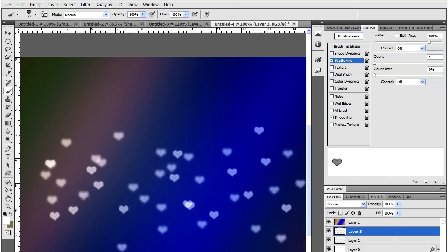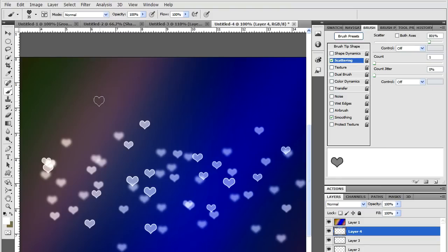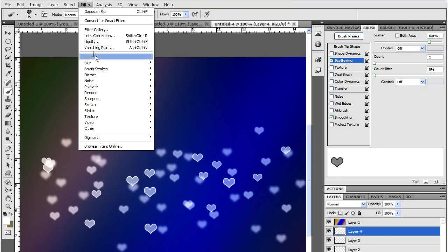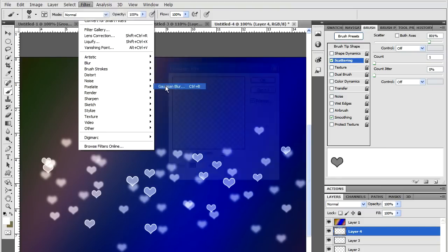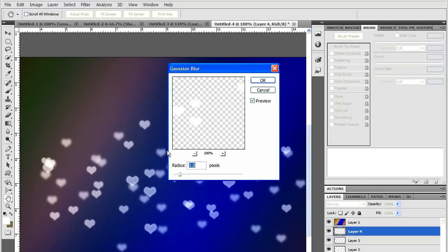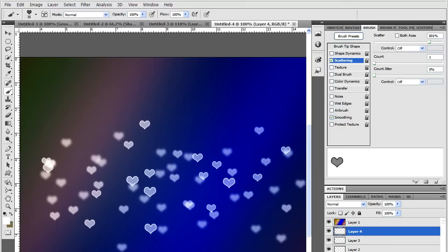I'm going to create a third layer, and again just scatter a few hearts there, maybe increase the brush size just a little bit. And this layer I'm going to give a blur of just 0.2 and create a fourth layer,